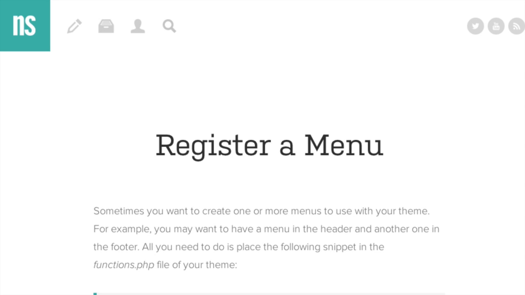Back in WordPress 3.0, which was a while ago, they rolled out a feature called WordPress Menus, which gave users the ability to create custom menus and then define where those go in their templates. So you can create your main navigation at the top, you can create a footer navigation at the bottom, place menus in your sidebar, really all over the place. So it gave you a lot of control, a lot of freedom as far as the navigation of